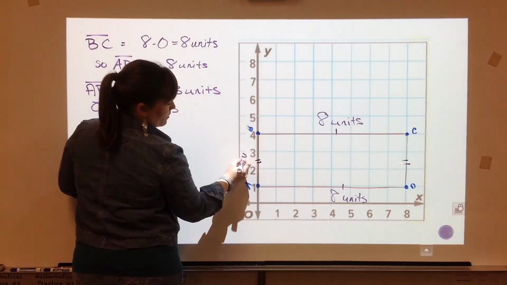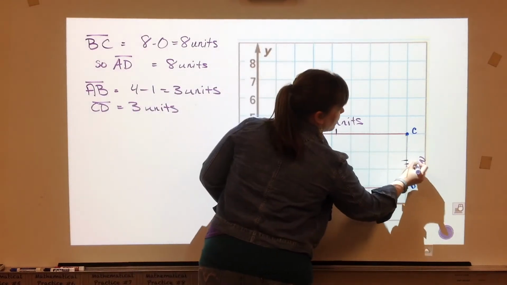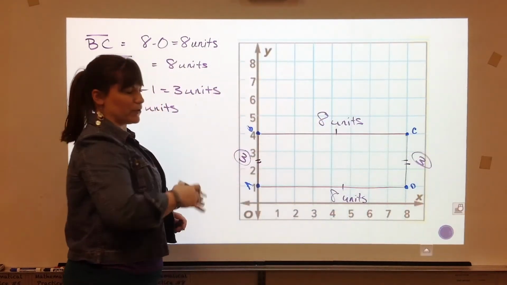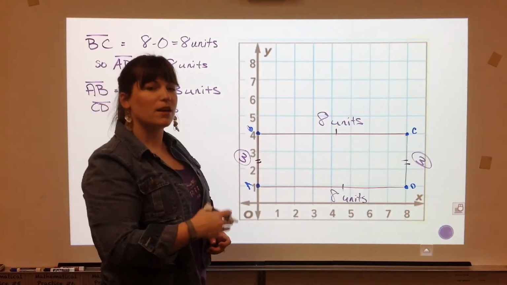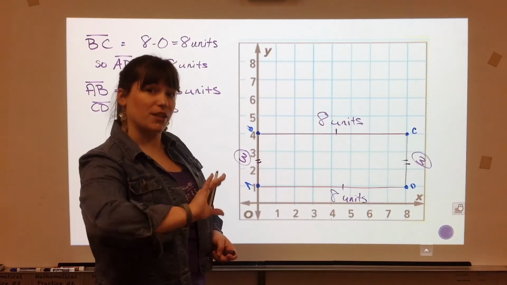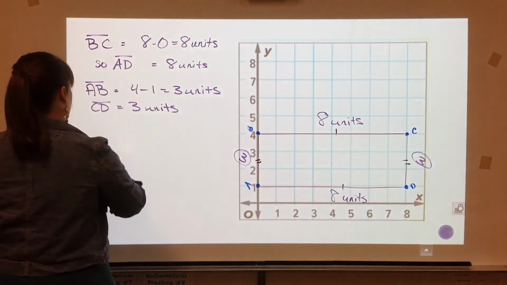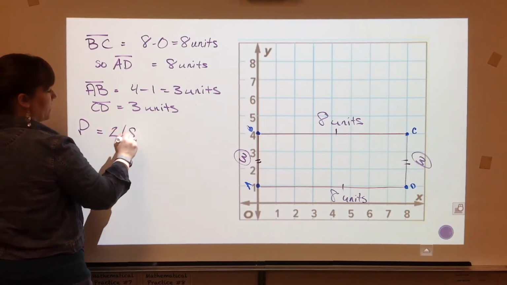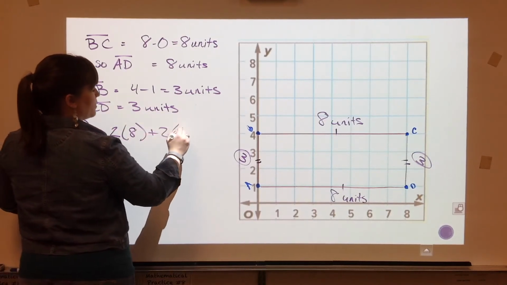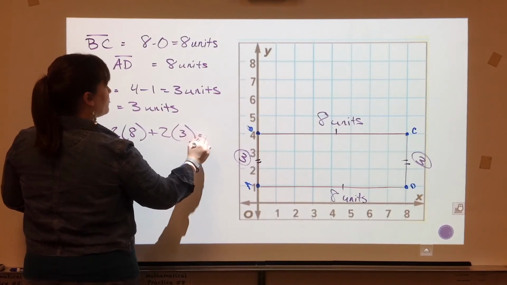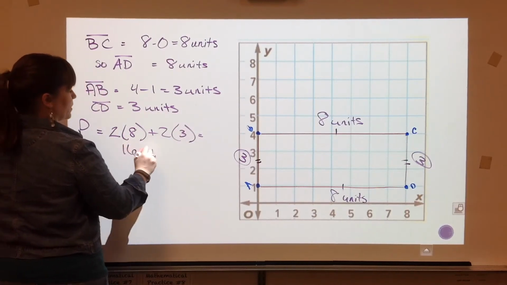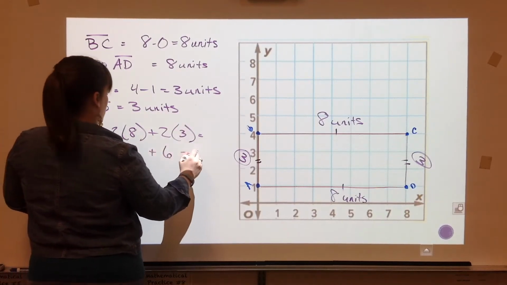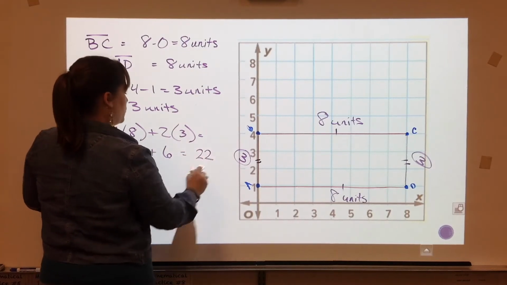So that would be 3 and 3. Now all of these numbers are in units. Let's find the perimeter in units and then we'll convert to inches. So the perimeter is going to be 2 times 8 plus 2 times 3. That's going to be 16 and 6, which is 22